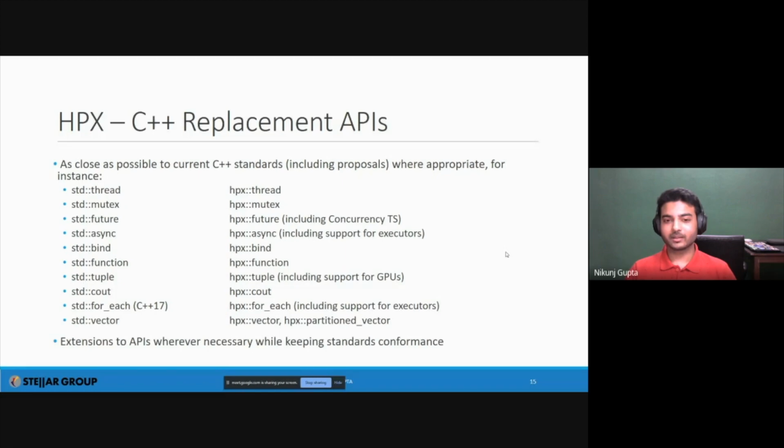That's a bit more advanced, but let me try to simplify it in a way that you can understand. The way it works is we have a template, and using macros, we first convert a function into what we call an action. An action is a serializable entity, and it's essentially a structure, because when you have structures, you can make them callable by having operators, and you can make objects of that structure as well.